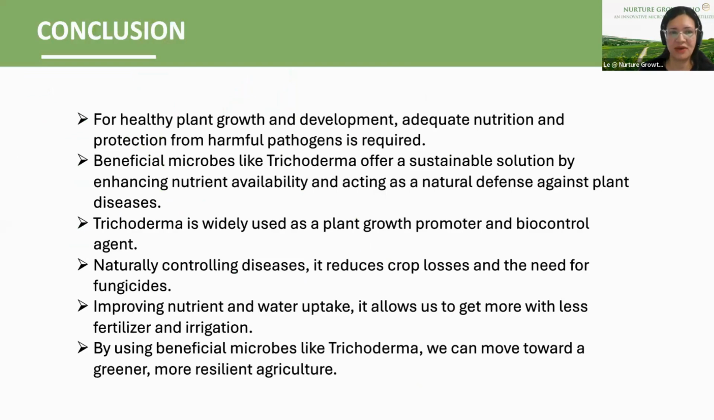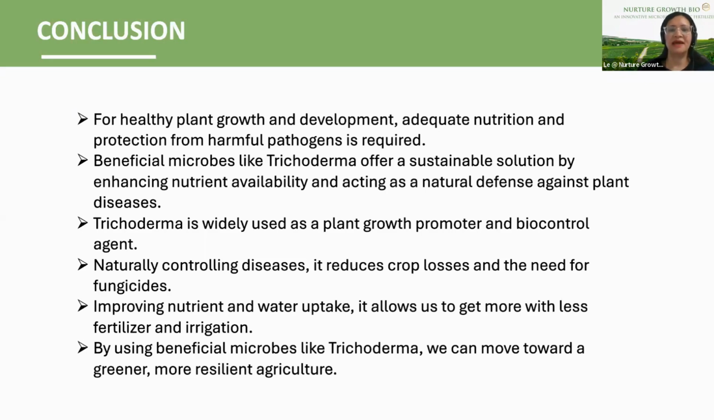So now let's talk about the conclusion. For healthy plant growth and development, we need to provide proper nutrition and protection from pathogens or any type of biotic and abiotic stresses to the plant. So we have to give proper nutrition, as well as protect our plant from any type of stresses. In this regard, beneficial microbes like Trichoderma are a great way by which we can enrich nutrient availability. We can grow healthy plants, and naturally, since it has the property of acting as a natural defense against plant diseases, it is a great component which we can use in